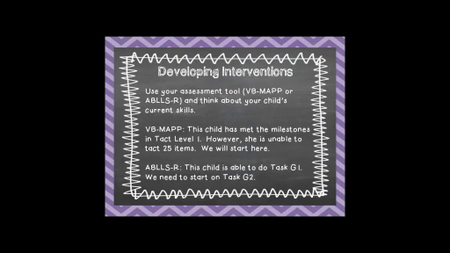So, like I just went through the VB-MAPP, she's unable to start or to tact 25 items, so that's where you're going to start. In your ABLLS, she's able to do G1, which is labeling reinforcers, but she's unable to label common objects. And the objective for that is at least 100 objects which are commonly found in their environment.